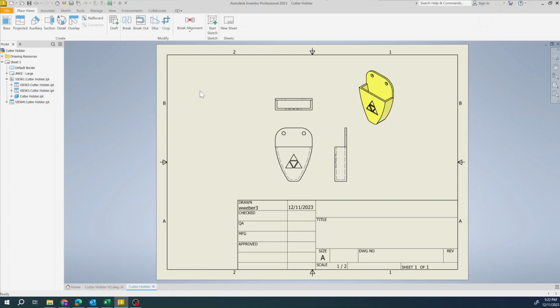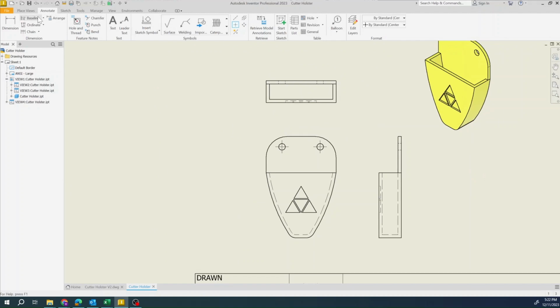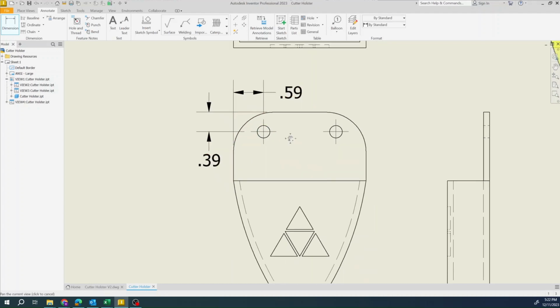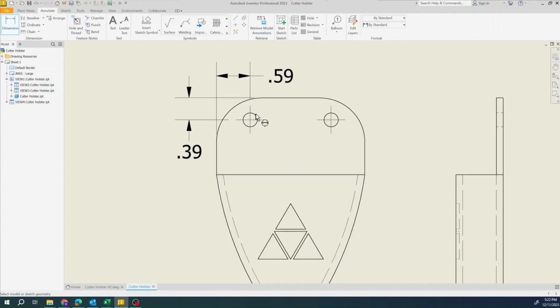So now that I have this, I can throw on some dimensions. I go to my Annotate tab, and then I want to put center marks for my two holes so that we know exactly where to drill. I'm going to put on some dimensions from the circle. So I'm going to click on the hole to the top edge and go over, and that's 0.39, and I'm going to go from the hole over to the left edge, and then I'm going to pull that up, that's 0.59, and then I'm going to put a dimension to the actual hole itself,